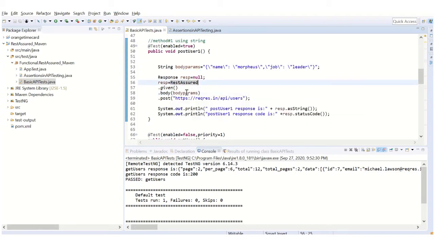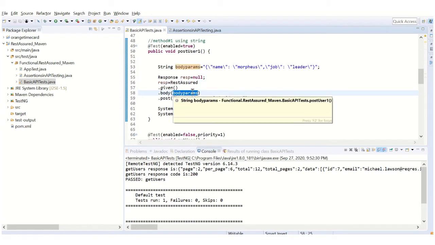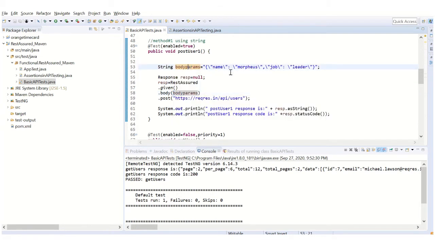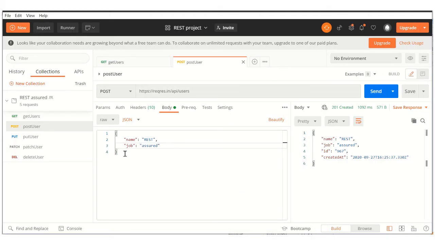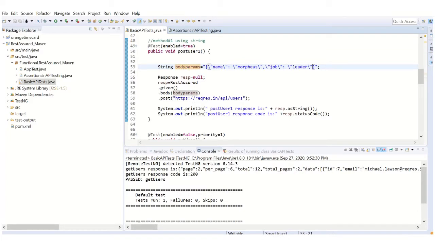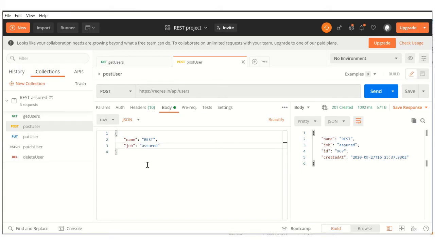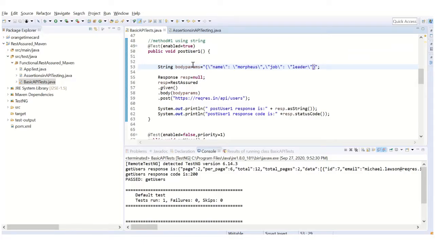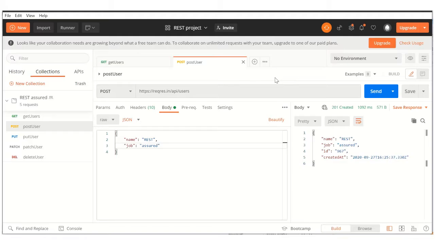So I passed this string body parameters and I made this string over here, and you can see something interesting. This is the actual body, and you don't see the backslashes in Postman. So this is in JSON format, so that's why it is like this. But since you are making it as a string and passing into the body method, you have to suppress the meaning for the codes over here. That's why every code will be preceded by a backslash. So that's the only difference, and everything else will stay same.